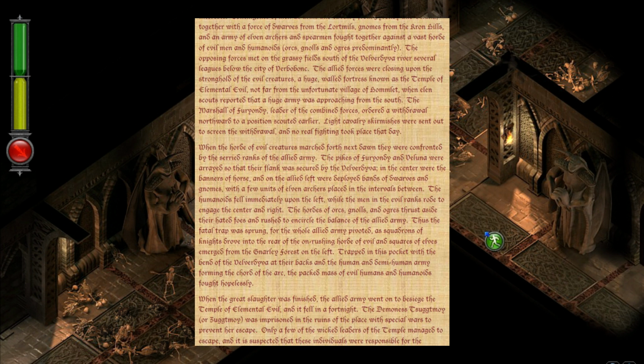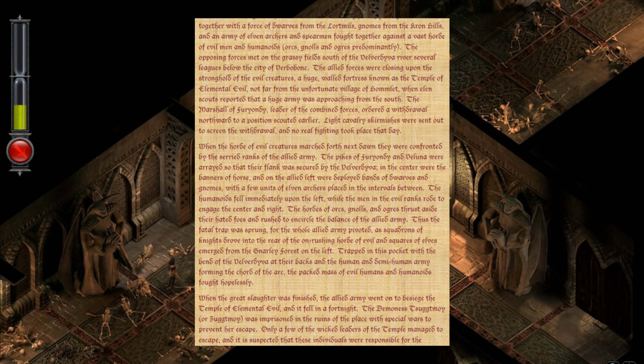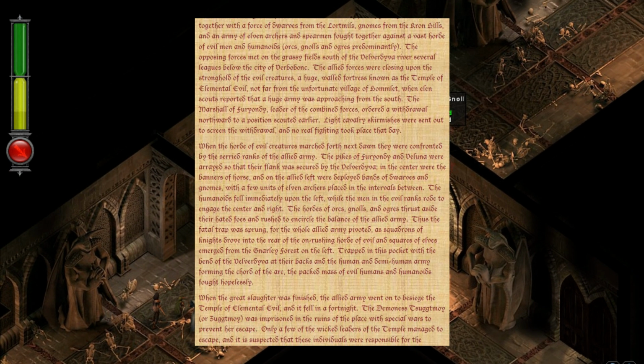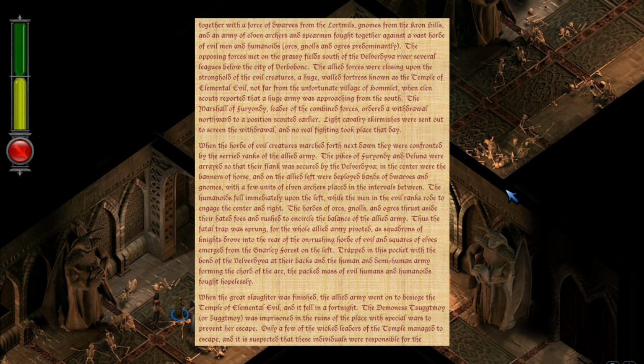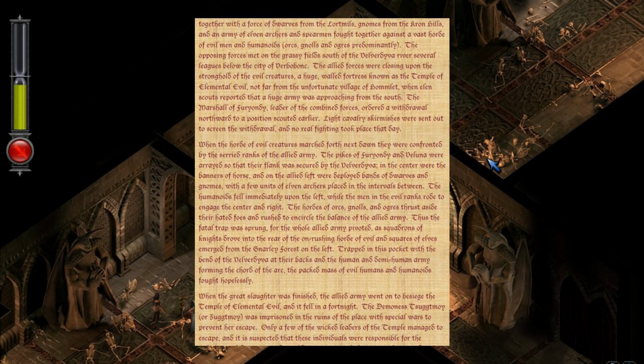In the centre were the banners of horse, and on the allied left were deployed bands of dwarves and gnomes, with a few units of elven archers placed in the intervals between. The humanoids fell immediately upon the left, while the men in the evil ranks rode to engage the centre and right. The hordes of orcs, gnolls, and ogres thrust aside their hated foes, and rushed to encircle the balance of